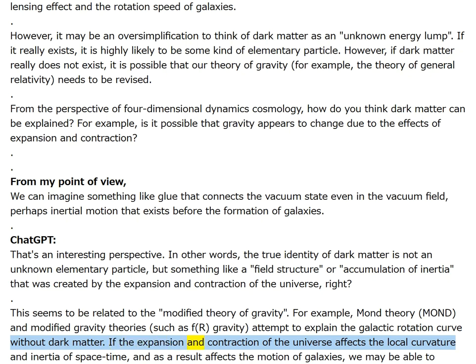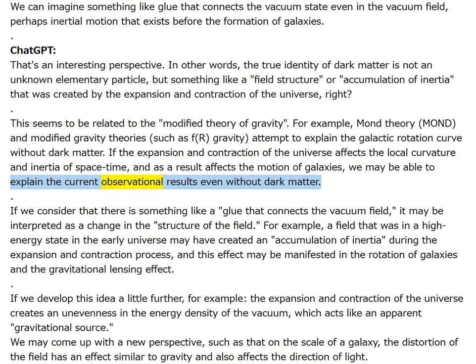If the expansion and contraction of the universe affects the local curvature and inertia of spacetime, and as a result affects the motion of galaxies, we may be able to explain the current observational results even without dark matter. If we consider that there is something like a glue that connects the vacuum field, it may be interpreted as a change in the structure of the field. For example, a field that was in a high-energy state in the early universe may have created an accumulation of inertia during the expansion and contraction process,